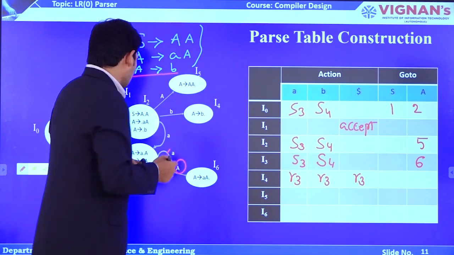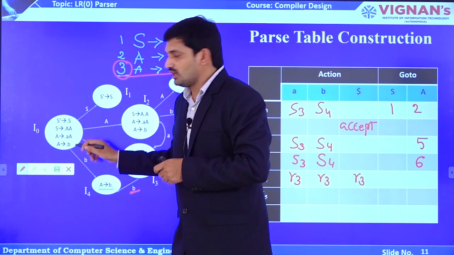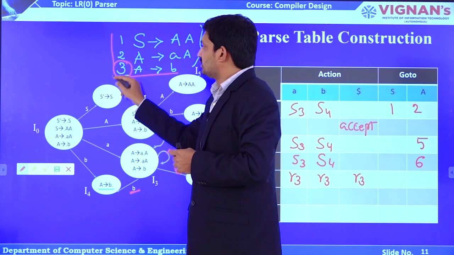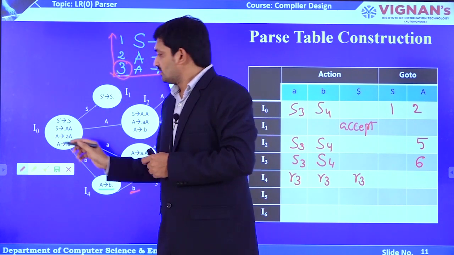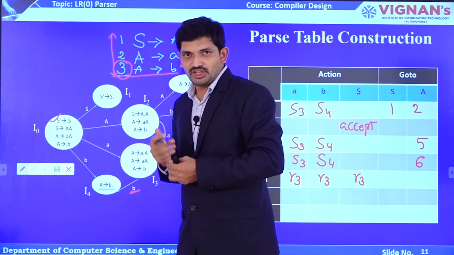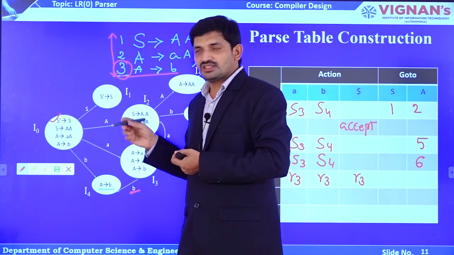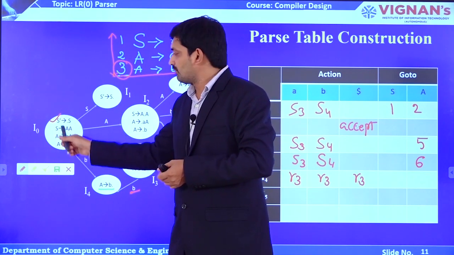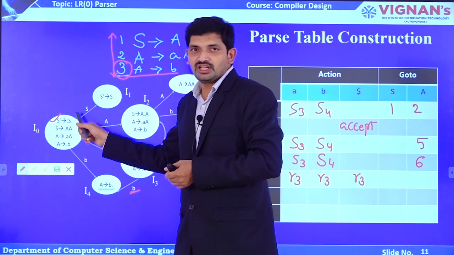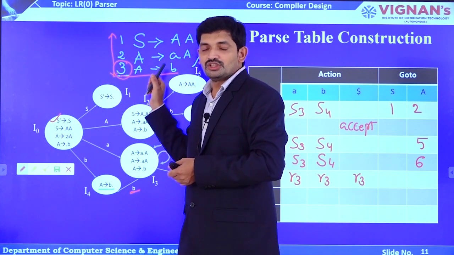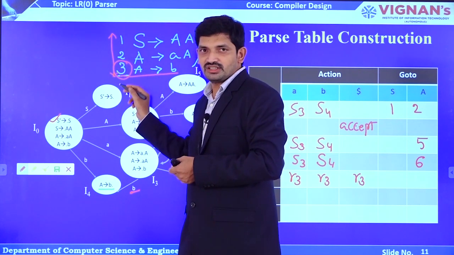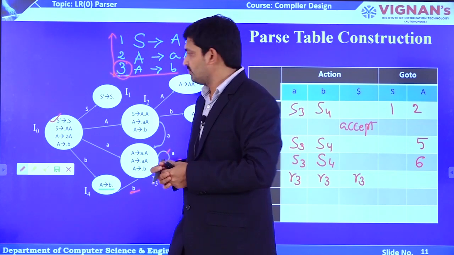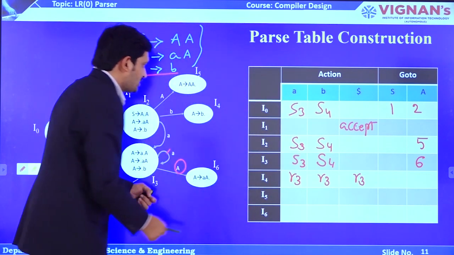You can ask, in the I0 there are totally 4 productions, but we consider only 3. Why? Because the first production is added by us, because this is the augmented production. So no need to give a number to the augmented production; simply give numbers to the given grammar only. In the given grammar only 3 productions are there, so we can perform only 3 types of reduction operations. Okay.